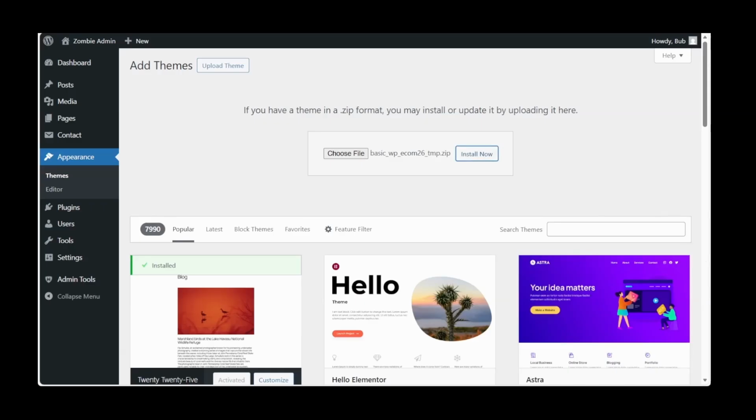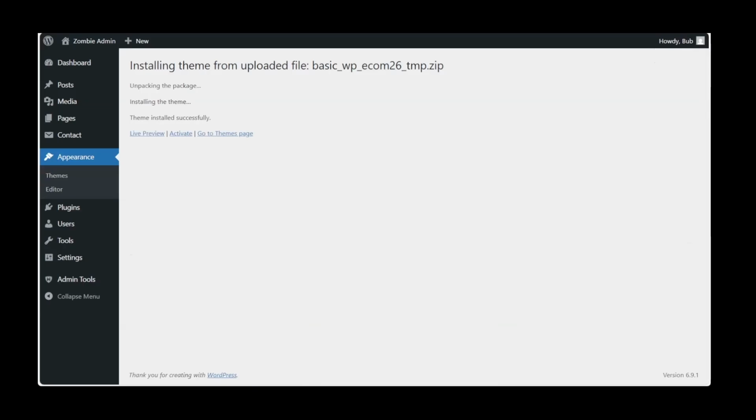This can take anywhere from 2 to 10 minutes depending on your server and internet connection, so please be patient. Great, finally it installed. Let's activate the theme.